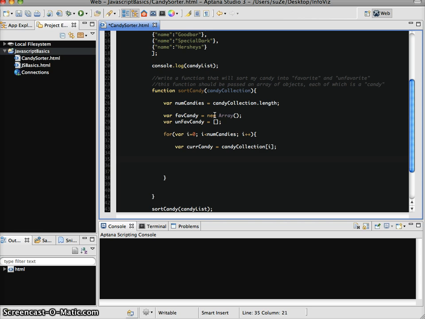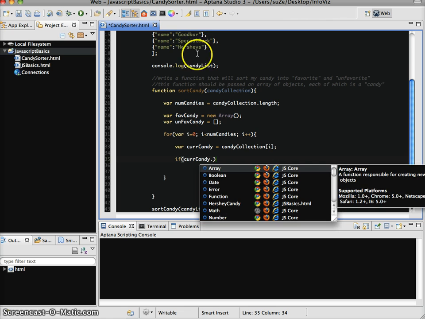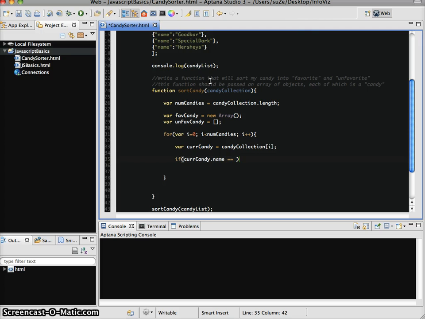And now I need to put in my conditional. I want to say if curCandy, and what's the property? Well, I only have one property right now. curCandy.name == — that's our special conditional comparison operator, right? Two equals means are the things on the right and the left side the same? One equals says, put the value on the right side into the box with the label on the left side. And if it equals crackle, then I'm going to say